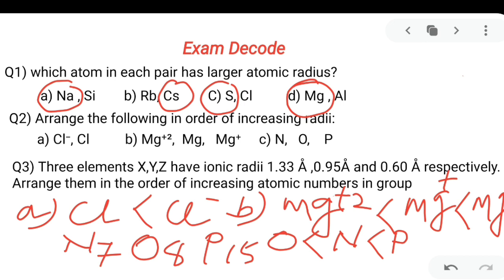Children, this is a twist question. So if you have seen my video thoroughly, I think your concept is definitely cleared on the size of the ionic radius. That's why you can solve this question very easily. And let me see how much effort you people are giving to solve this kind of question.